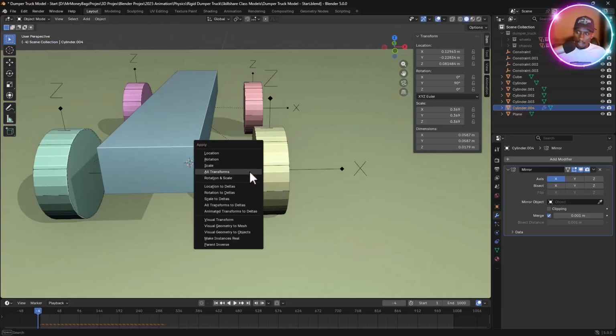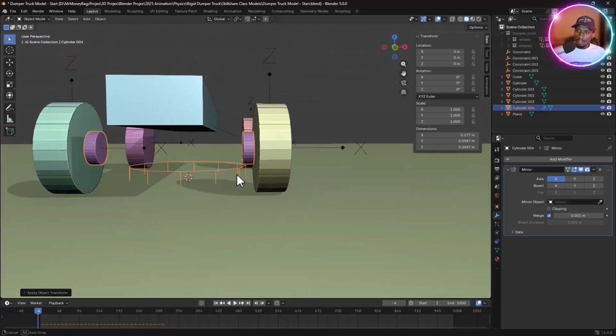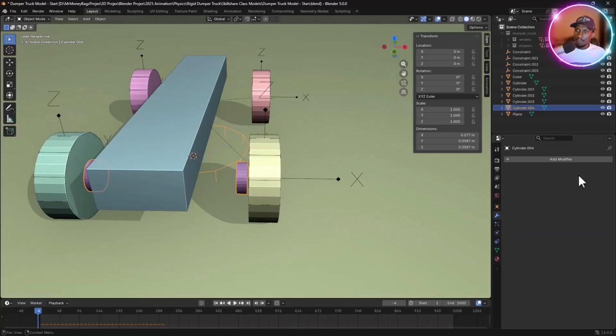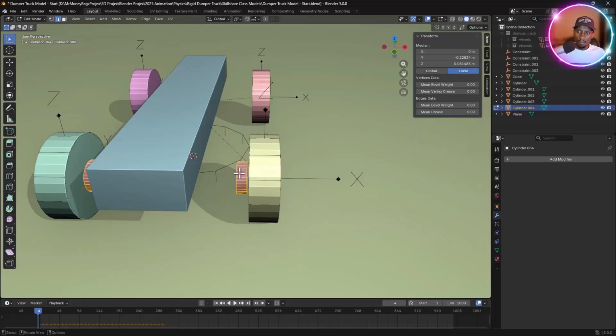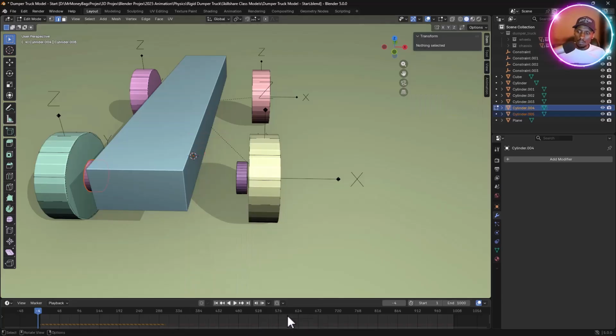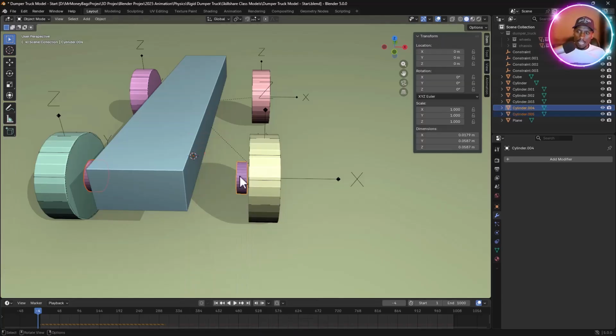So let me just apply transforms, and now it's reflected to this side. Let me apply that mirror modifier. Then in here, I'm going to hit tab, right click, separate by loose parts, then tab,